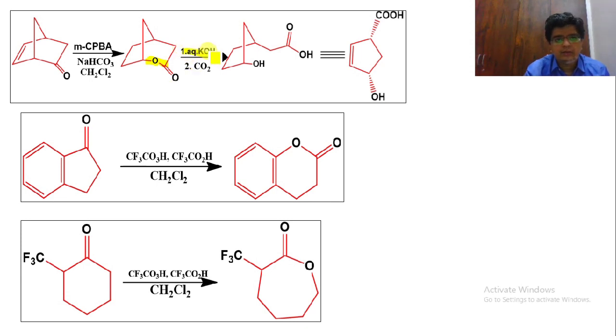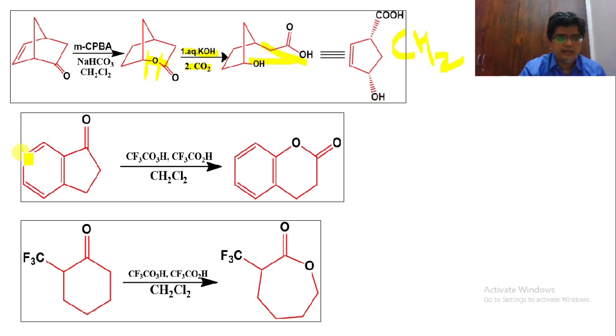Okay, now when we are reacting with aqueous KOH in the presence of CO2, what will happen? This linkage will be broken down over here. This linkage will be broken down over here. So here we have OH, and that is converted into CH2 C double bond OH. Here you can write CH2 C double bond OH, and here we have OH. Both have a similar direction, so that will undergo to give CH2 C double bond OH and OH.